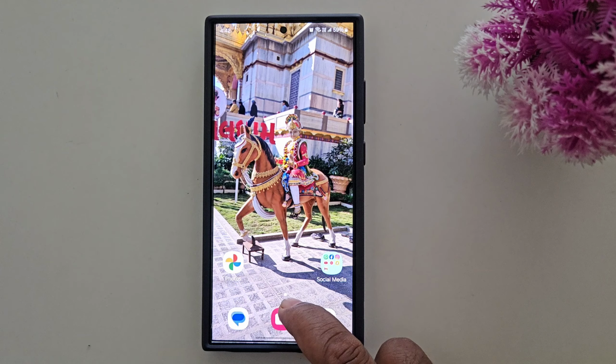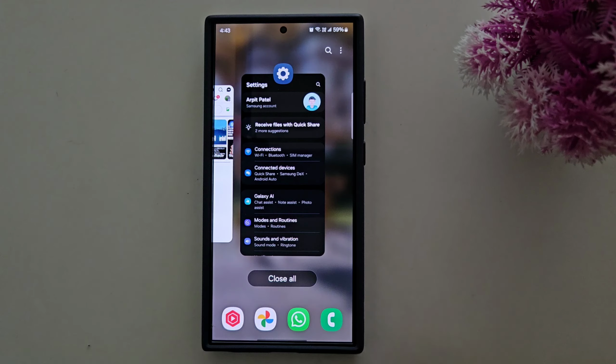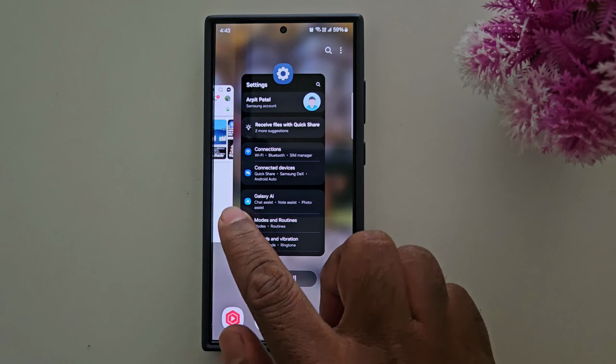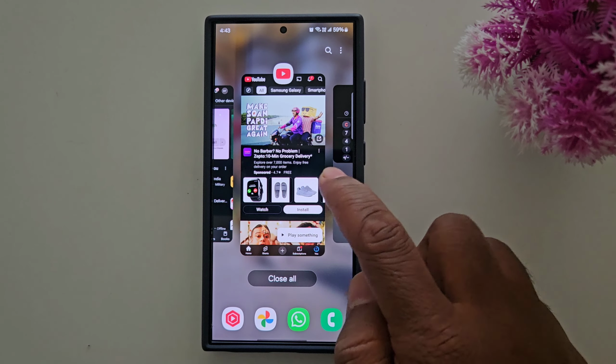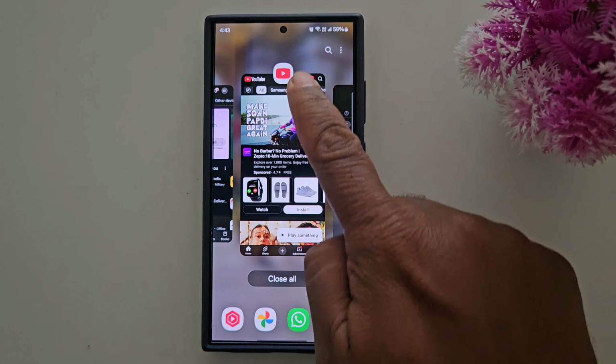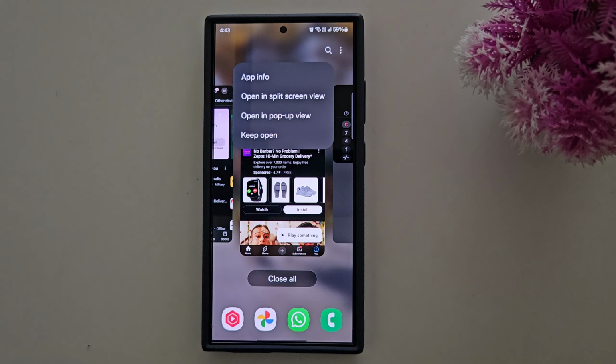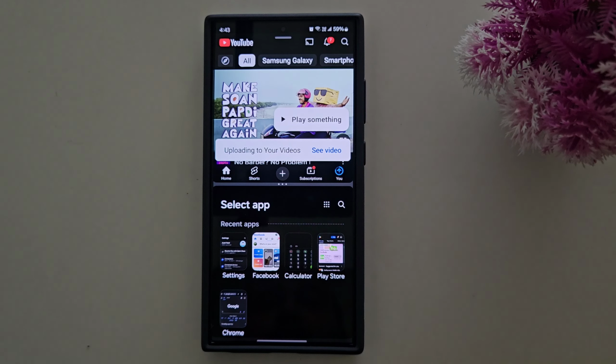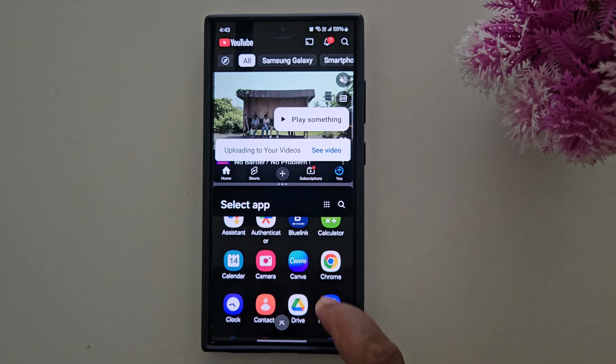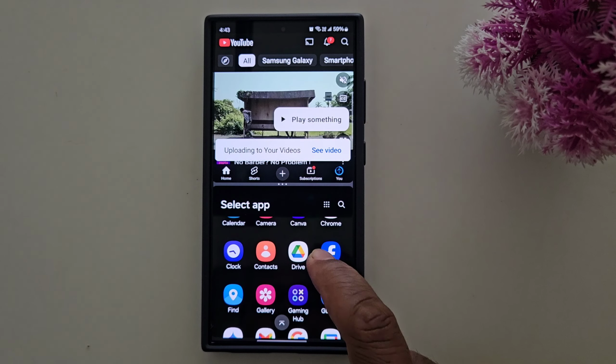Swipe up and hold to view the recent applications on your Samsung device. Now tap the app icon you want to use as a split screen. Here we select YouTube. Tap the app icon. Now here you can see the open in split screen view option. Tap on it. Now select the second icon from the list